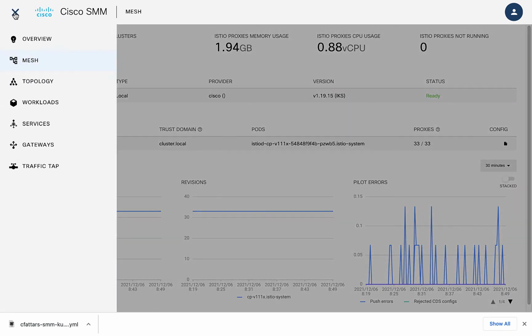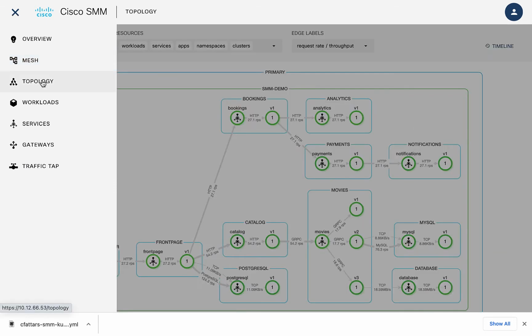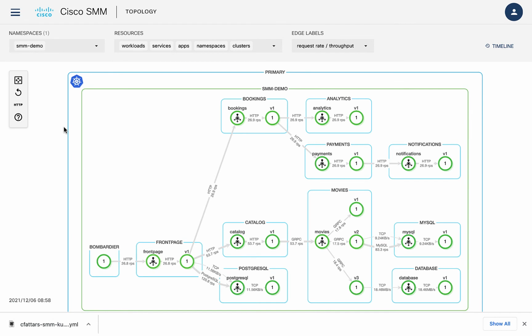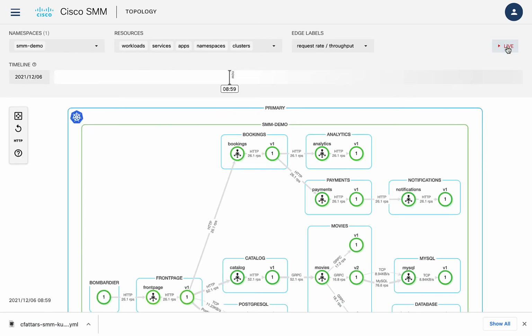Now let's take a look at observability toolbox. Let's start by taking a quick look at the topology. Unlike upstream Istio, where you have to add separate dashboards for Kiali, Jaeger, Grafana, we have consolidated so that you can get similar monitoring data on SMM, and in addition correlated the information so that you are better able to observe and take action on your microservices. So for example, this is the topology view. I have a single cluster, but if you had multiple clusters, you would see it in the same dashboard. And what you can see is that you can see either the live view or the timeline view.